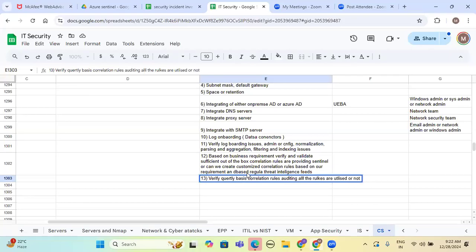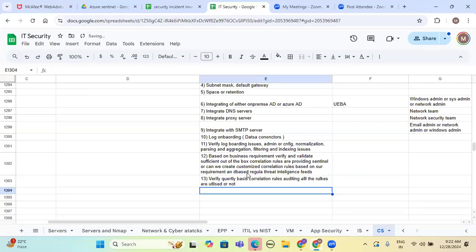Utilized means it is hitting the logic we created and generating the alert or not. Then we have to take care of the SOC